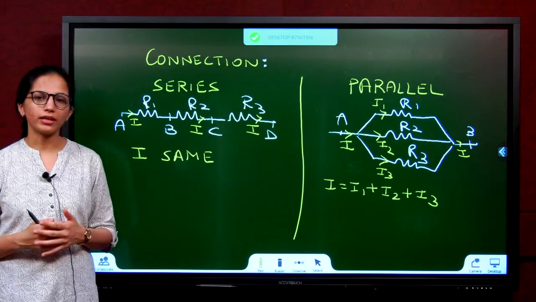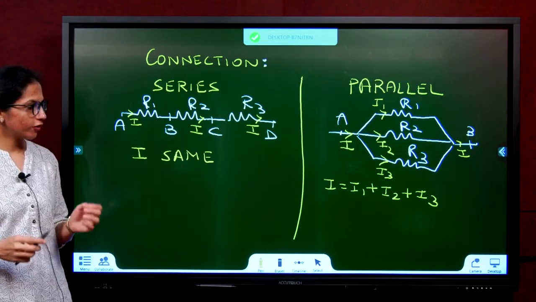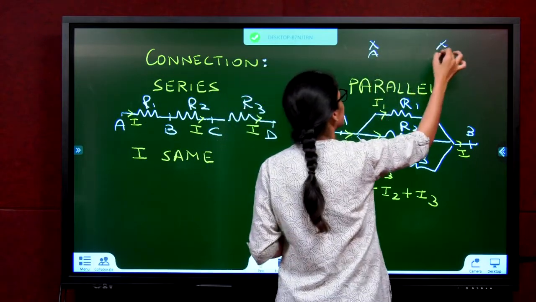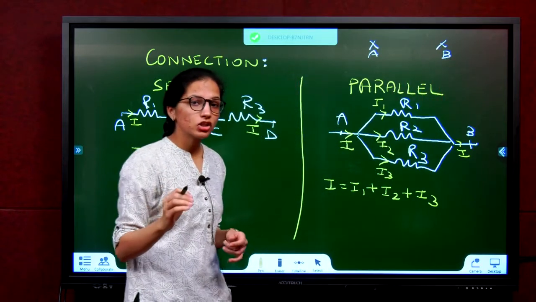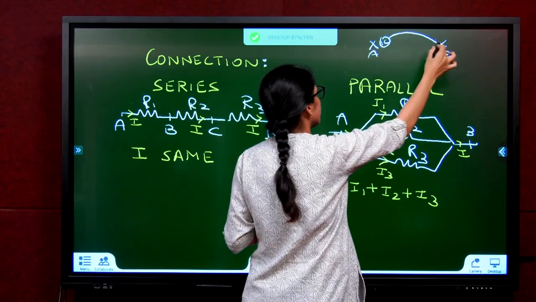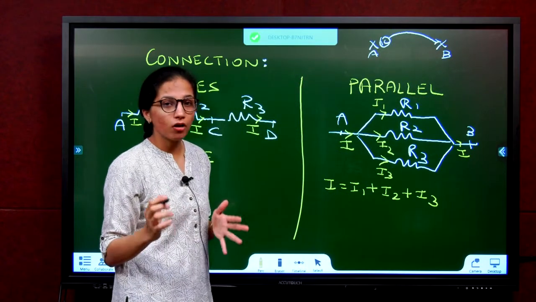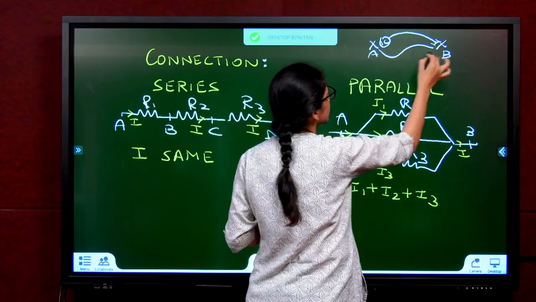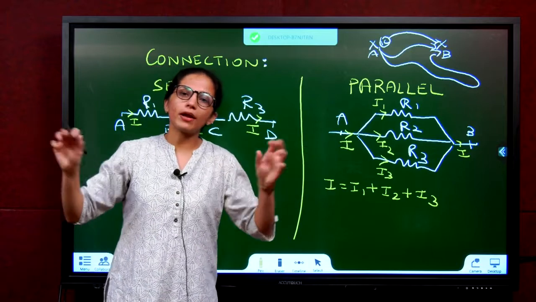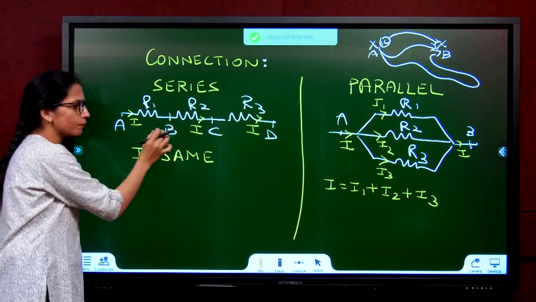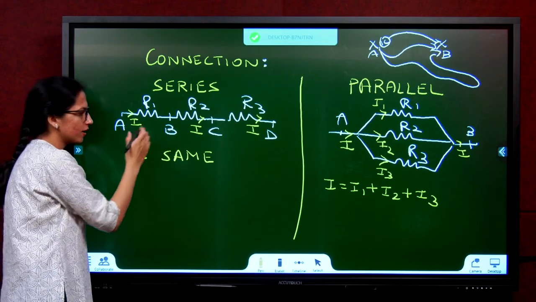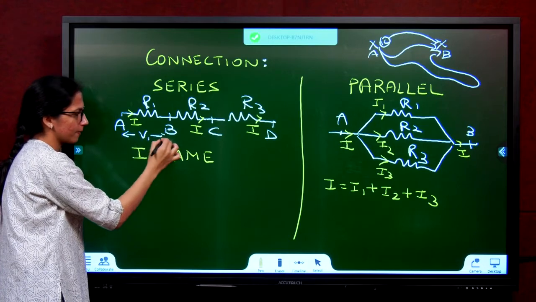Let us now understand what happens to the potential. If you remember in the previous video, we learned that what is potential? If you have 2 points A and B, potential is defined as the work done in moving a unit positive charge from one point to another point. Does it depend on the path? No. If I go like this or I go like this, potential was still the same provided the 2 points were the same. A to B, if I am transferring this potential from A to B, I am doing some work, that potential let us call it V1.